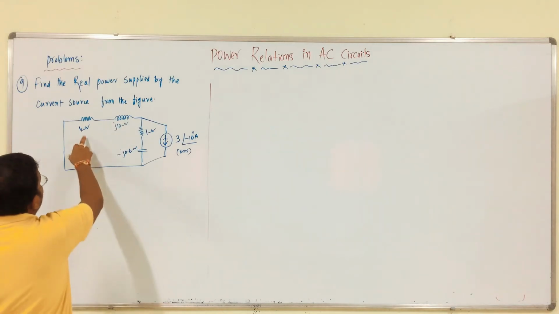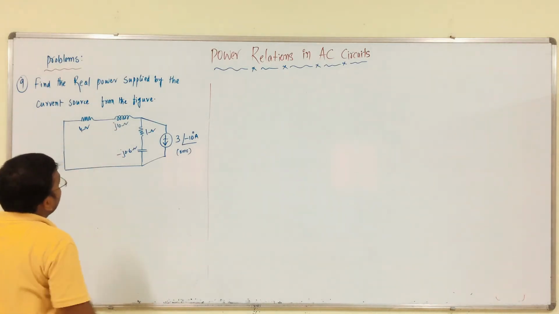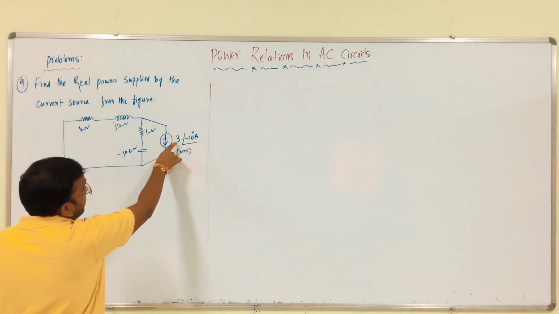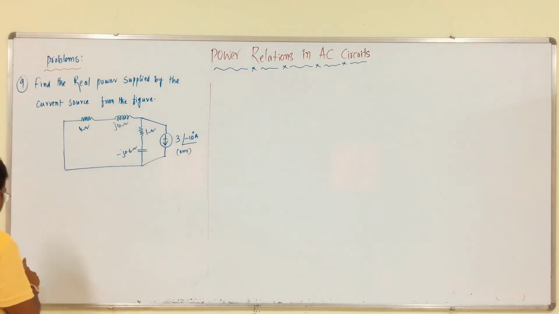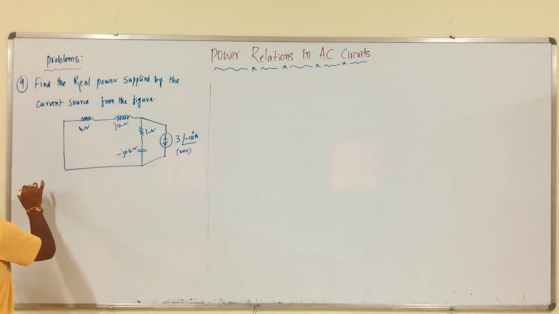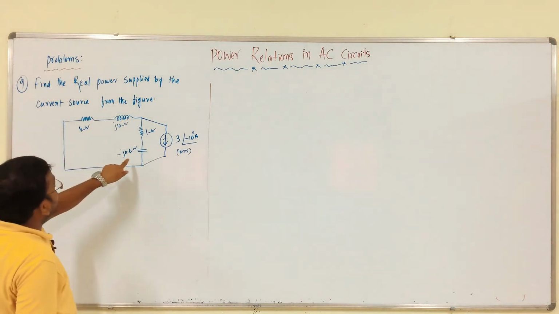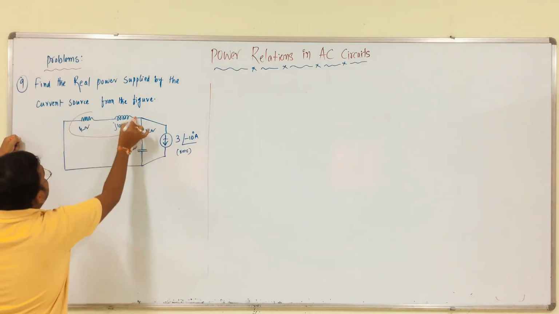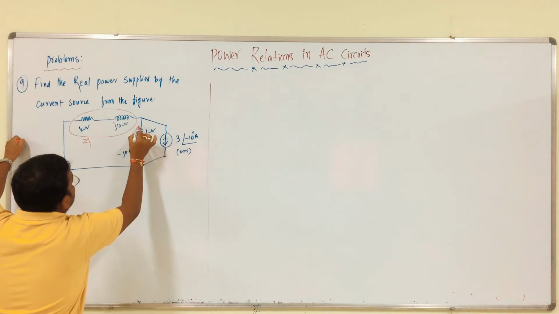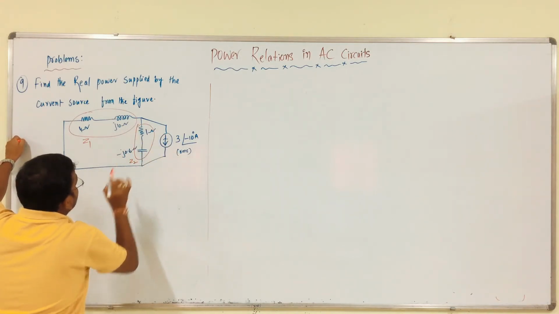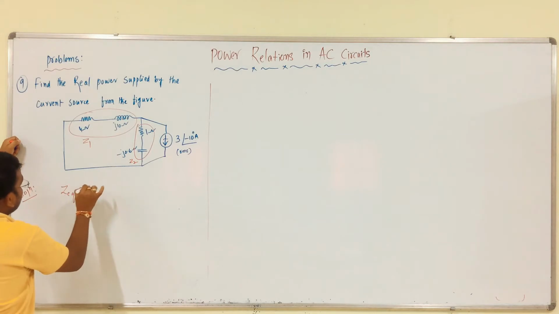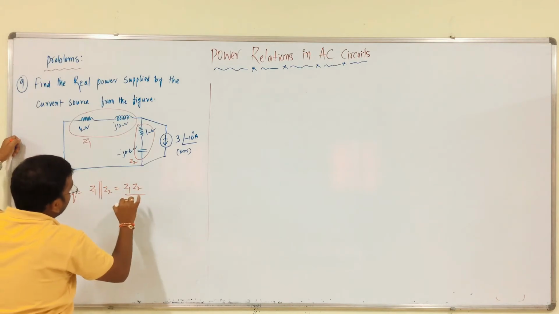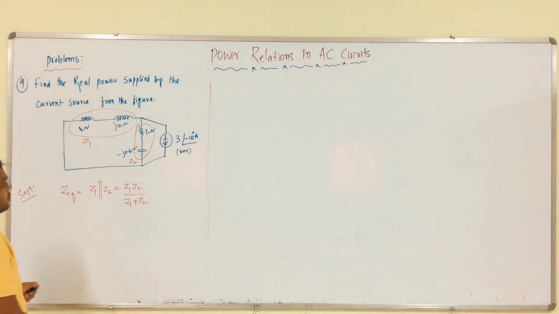Next problem, find the real power supplied by the current source from the figure. Okay. So, we have a 4 ohm branch, j10 inductive reactance, capacitor reactance, and a current source. That too he provided, that is the RMS value of current. Simple. First we have to calculate the equivalent impedance from this. See, this branch, for example, this is Z1. See, this is Z2. Z equivalent is what? Z1 is connected in parallel with Z2. Therefore, Z1 Z2 by Z1 plus Z2.